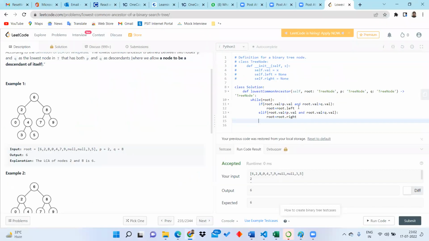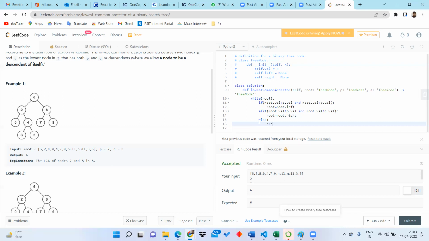Because in both the conditions we are using and. So they will get true only if both conditions return true, then it gets completely true. In any case, if one returns false, then it gets false. So finally, if both the conditions get false, it means we are at the node where we get our answer. So at the end, else,